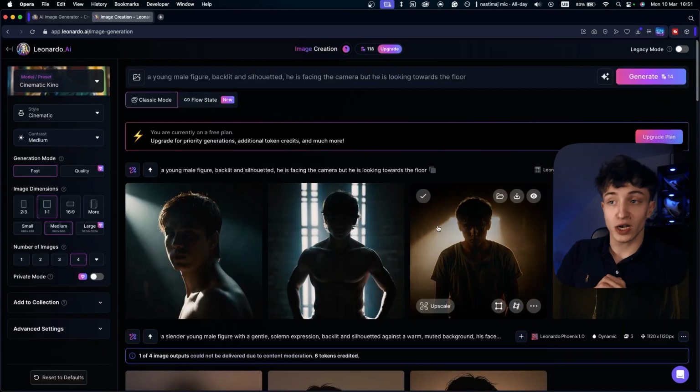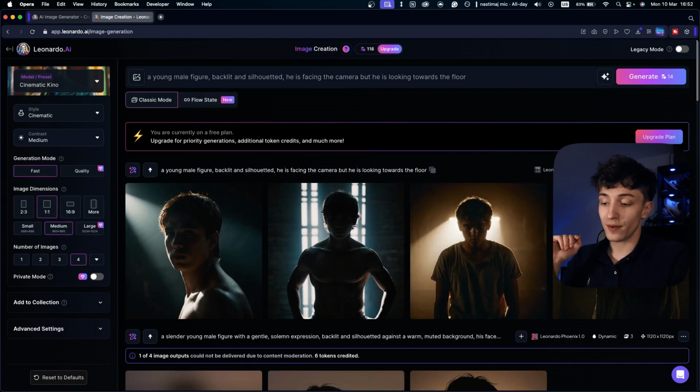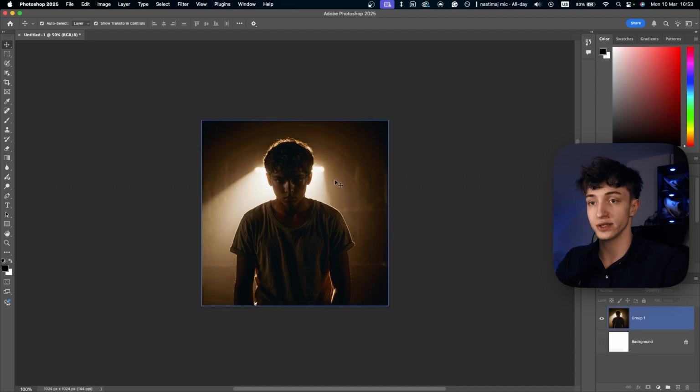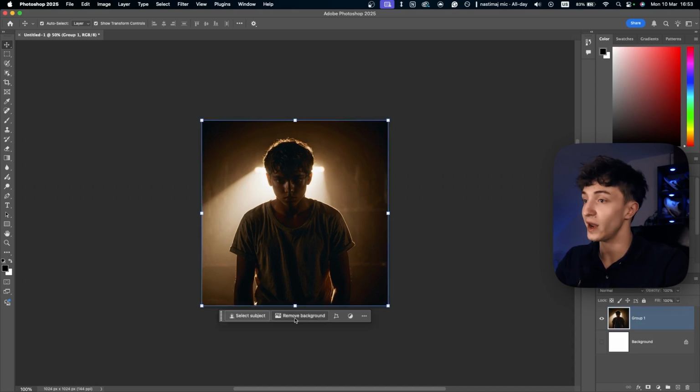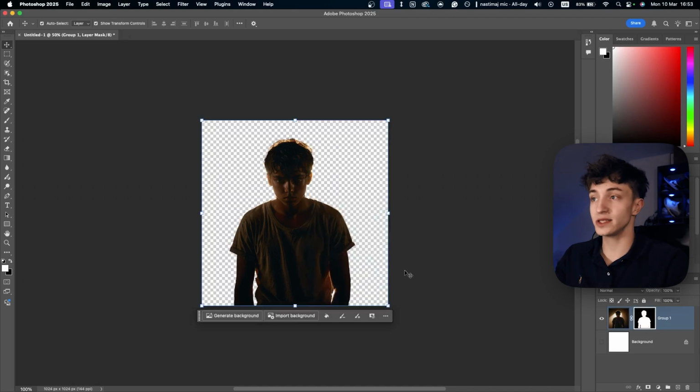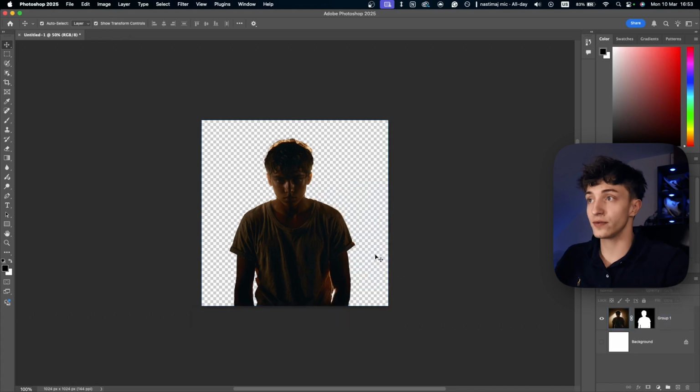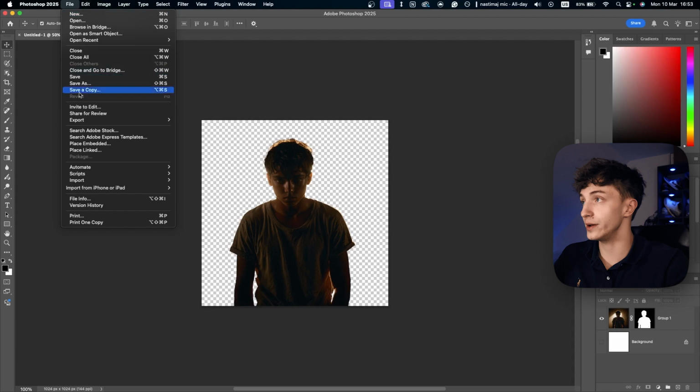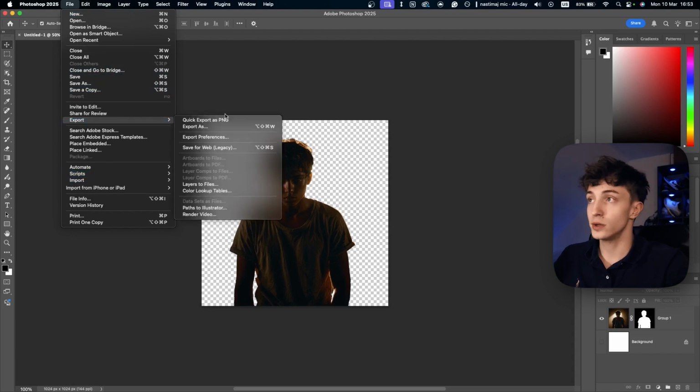By the way, just letting you guys know that these assets are going to be linked in the description below, but let me go over, open our Photoshop and show you how you can do this. So now that we are in Photoshop, just select the photo, go over here and remove the background. And that's it. That's literally it. You have the character without the background. The only thing you have to do is go to File and export this photo